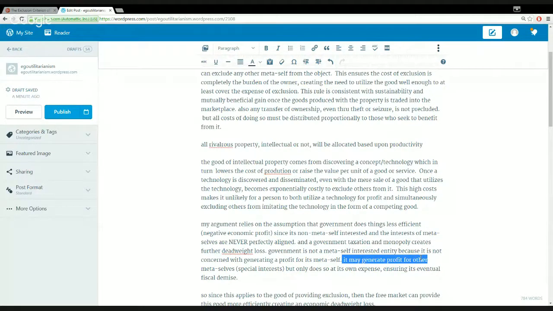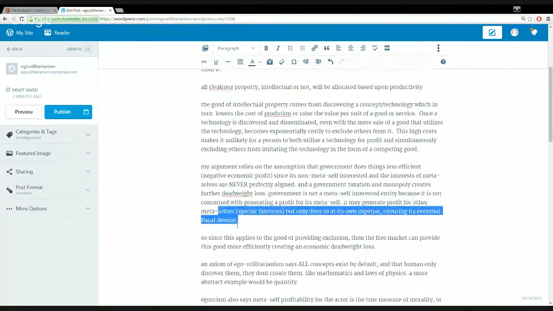You get special interest takeover, and in a free market, it's going to be a democracy, but it's going to be proportional to the value you are to the rest of society, at least in terms of how the society will act with respect to any particular meta-self or component of itself, or even an outsider, right? So it may generate profit for other meta-self special interests, but only does so at its own expense, ensuring its eventual fiscal demise. So again, this has to do with my accelerationist